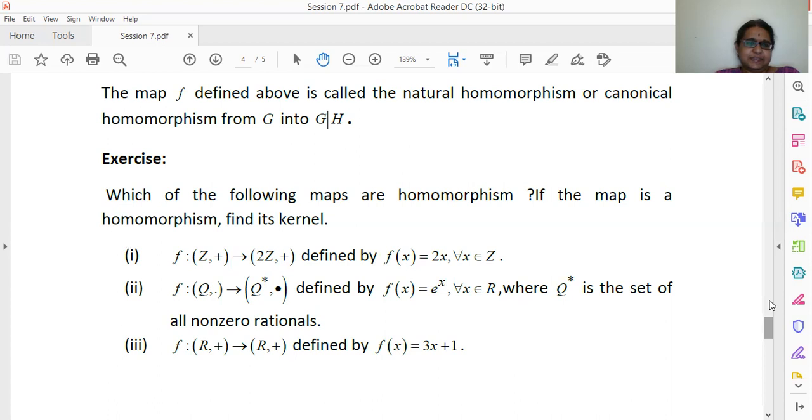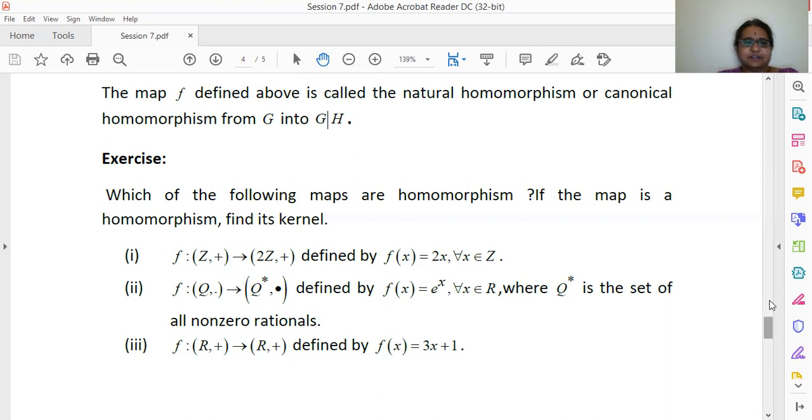So here, first we have to check whether the mapping is a homomorphism. That is, if f is a mapping from G comma dot to G dash comma star, we have to check whether f of g1 dot g2 is equal to f of g1 star f of g2, where g1, g2 are elements of group G. Only when this is satisfied do we say f is a homomorphism, and it depends on the binary operation defined in the group. Then regarding the kernel, kernel f is the set of all x which belongs to the domain set G such that f of x is equal to the identity of G dash.